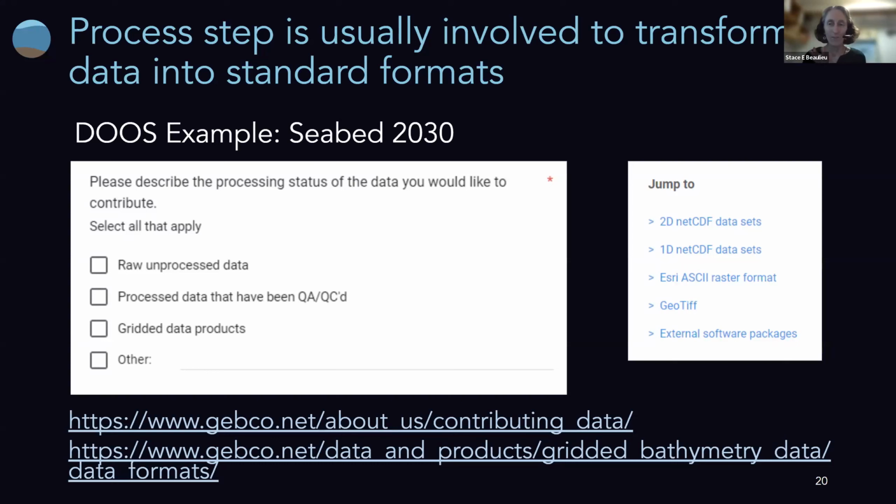So the collect step pointed to file formats, but you don't collect data into NetCDF format, right? It requires some data processing to get the data into that format. So in fact, with many formats, there's some processing required. And as an example, I'm showing you here from the DOERs Seabed 2030 project. If you go into the GEBCO's website and look at how to contribute your own data to this Seabed 2030,